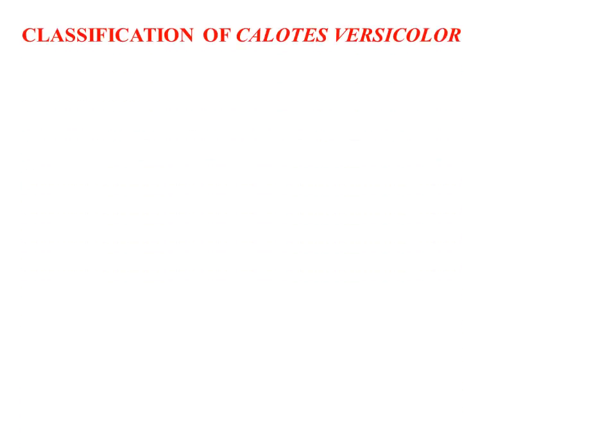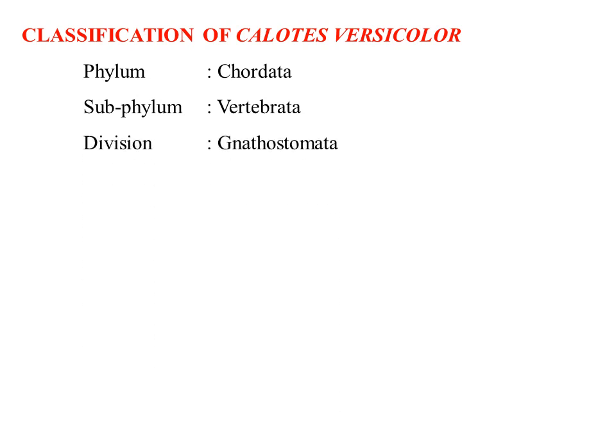Let us see the systematic classification of Calotes versicolor, also commonly called the garden lizard. They come under the phylum Chordata because of the presence of notochord and dorsal tubular nerve cord. They come under the subphylum Vertebrata because of the presence of vertebral column. They come under the division Gnathostomata because of the presence of jaws, and the class Reptilia with scaly vertebrates,